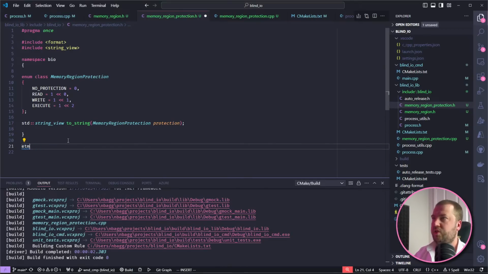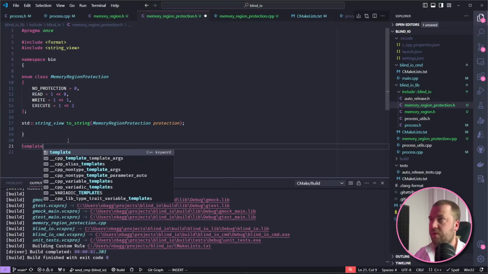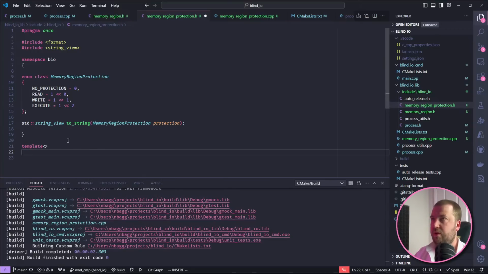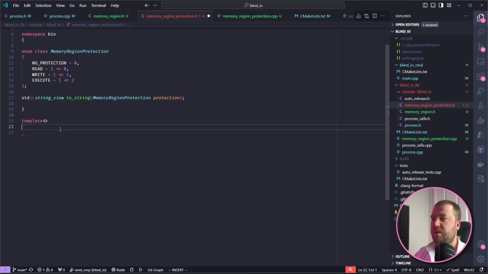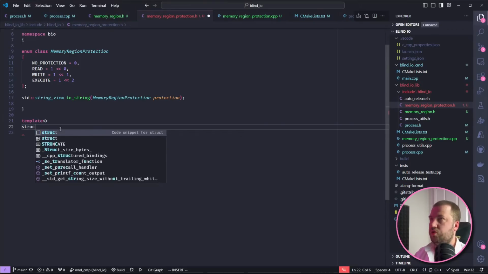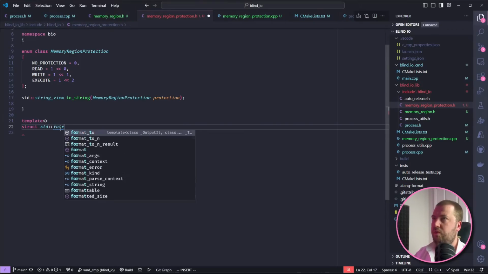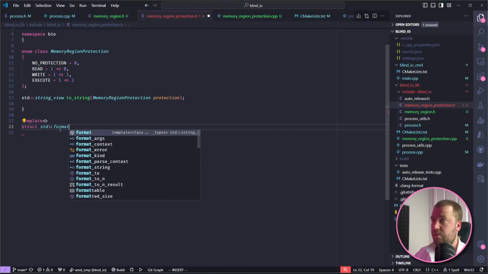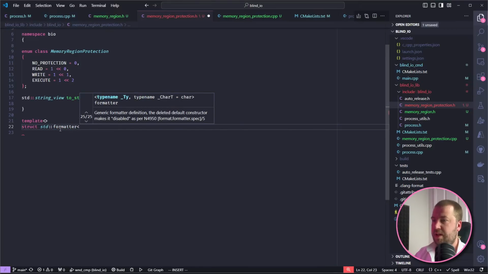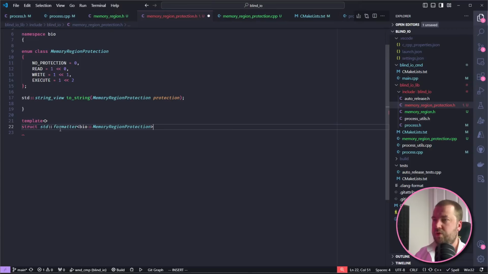Template. So I'm just going to have to check my notes because I always find this bit a little bit egregious. There's quite a lot of boilerplate for this, but I think it's struct std::formatter templated on the thing we want to format, and then there's a const.